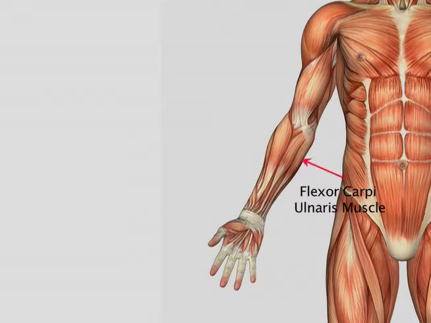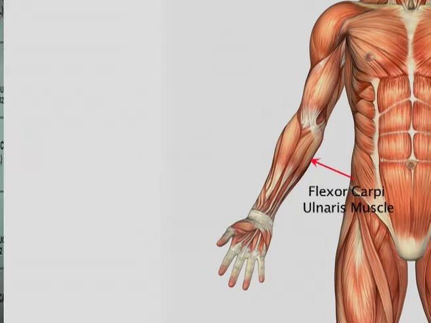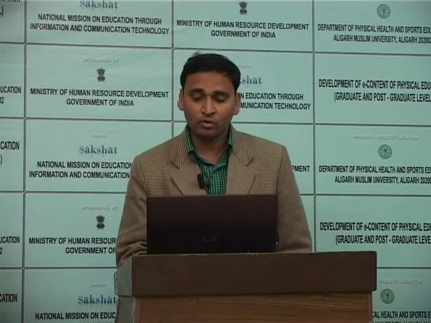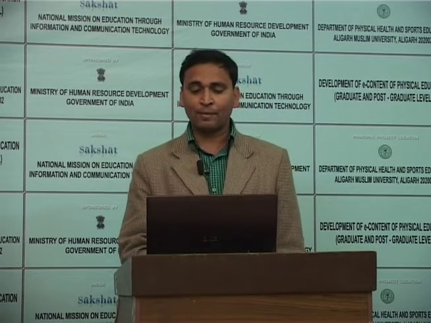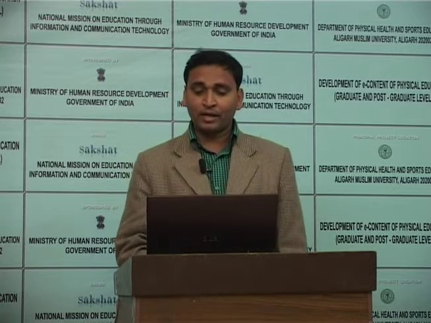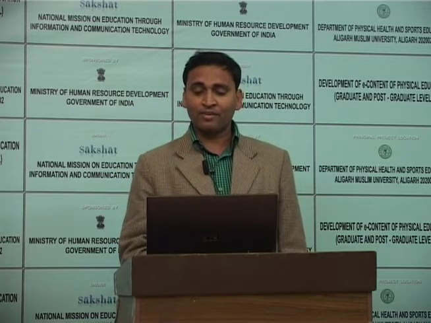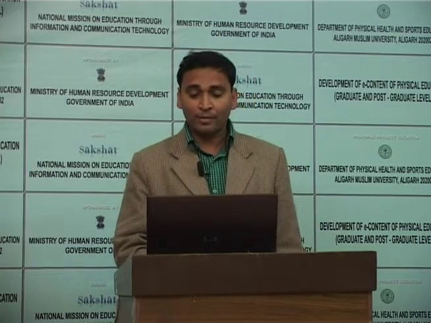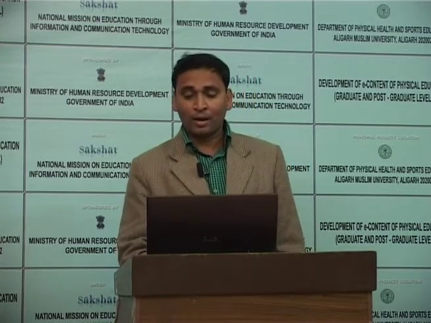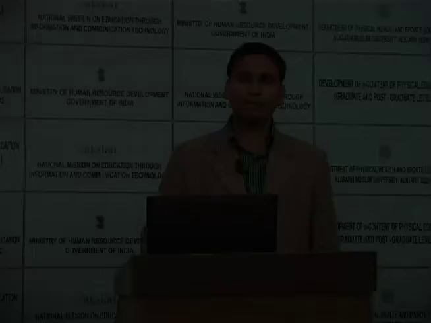and the insertion is the same as it goes through the flexor retinaculum in the canal and is inserted into the carpal bones, basically the pisiform and hook of hamate. It is inserted over the pisiform and hook of hamate on the palmar side of the fifth metacarpal bone. It means the tendon of flexor carpi ulnaris runs underneath the flexor retinaculum and is inserted into the pisiform, hook of the hamate, and on the palmar side of the fifth metacarpal.